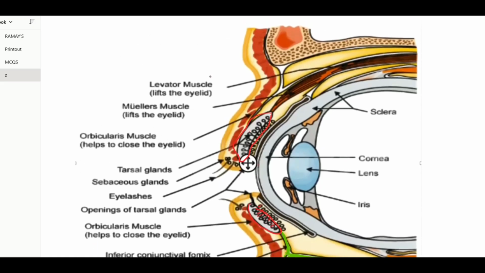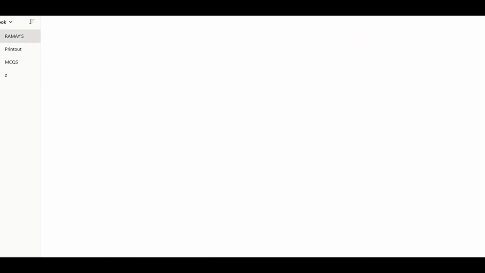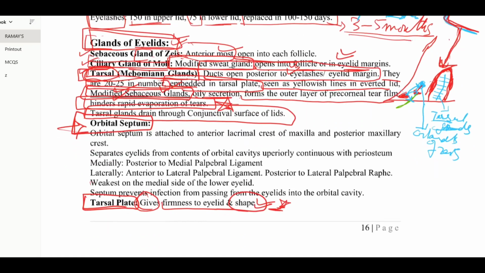Similarly, in the upper eyelid, this is the orbital bone, and this structure is the periosteum, and it gives rise to this structure, known as the orbital septum. The orbital septum is a very important structure